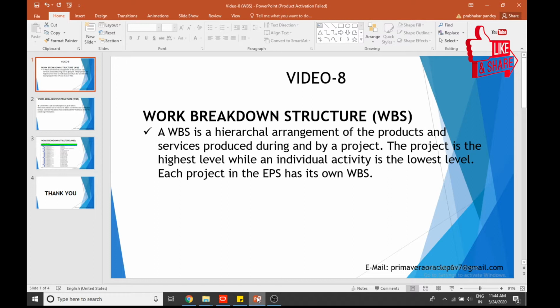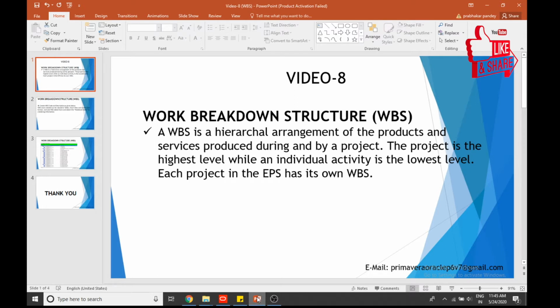In Primavera P6, you have to create a WBS first so that you can add activities into that. So the schedule flows from the WBS in a top-down method. Overall, we can call the WBS a hierarchical arrangement of the products or services produced during a project. The project is the highest level, while an individual activity is the lowest level.